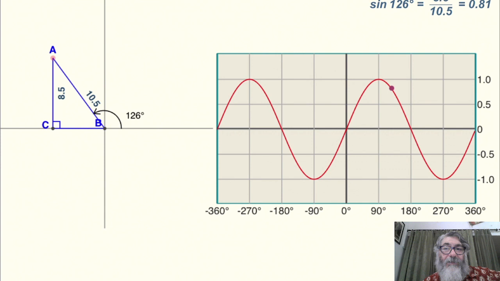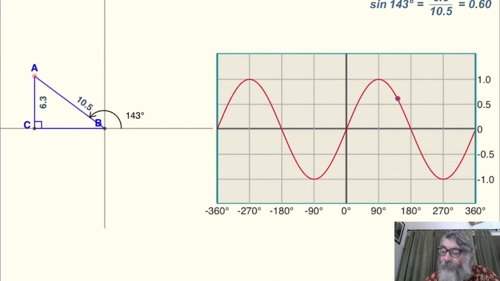If perpendicular is decreasing, then naturally the hypotenuse is not changing. This whole thing is going around in a circle of radius 10.5 centimeter. When it is decreasing, 8.5 is decreasing and 10.5 stays the same, so what is going to happen? It is also decreasing, because if the numerator is decreasing and the denominator remains the same, then the final value will decrease.